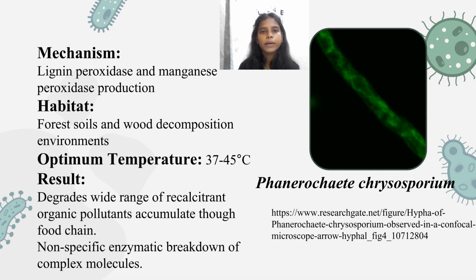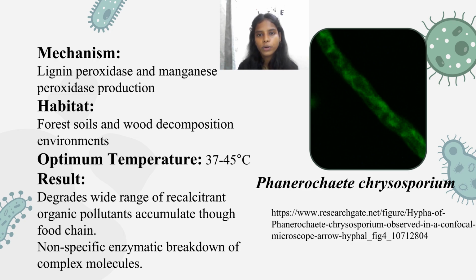Now let's see the microorganisms which are helpful in the degradation of xenobiotic compounds. The first one is a fungus named Phanerochaete chrysosporium, which is commonly found in forest soil environments and is involved in wood decomposition. Its primary mechanisms for breaking down xenobiotic compounds involve majorly two key enzymes, lignin peroxidases and manganese peroxidases. These extracellular non-specific oxidase enzymes